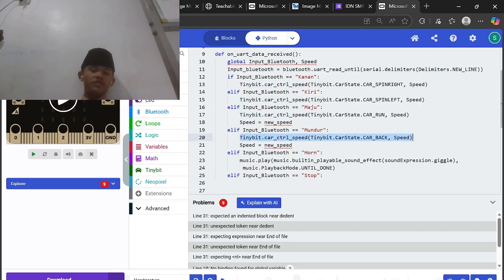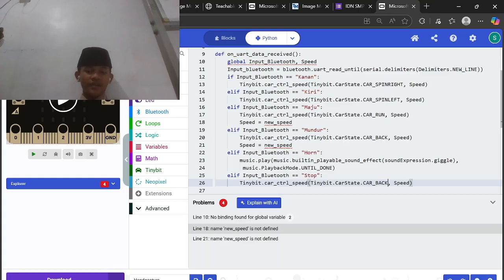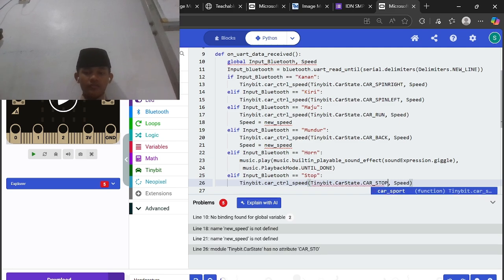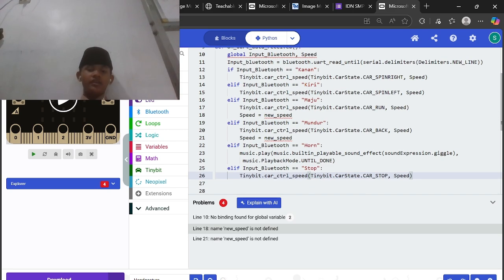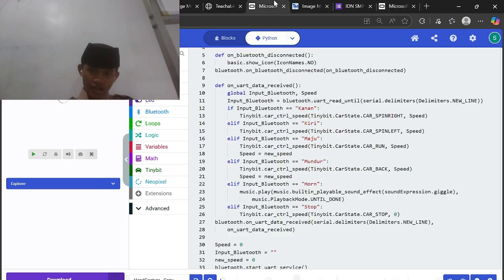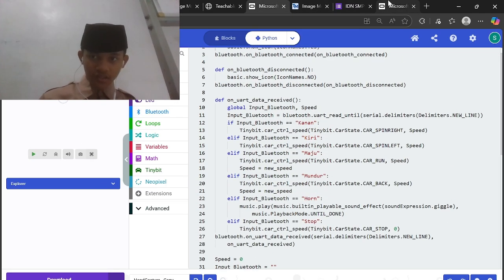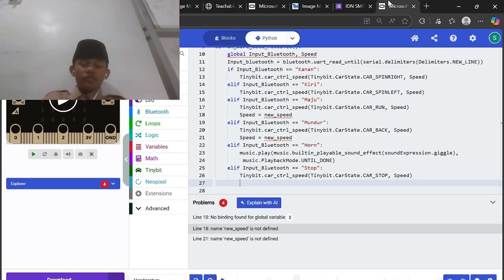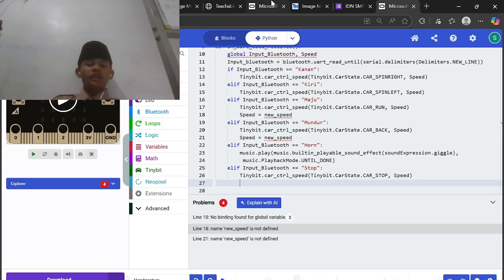Just copy first. Just copy this, and then change the back to become stop. Okay, you already have it. And now after we already make the code for moving the tiny bit,